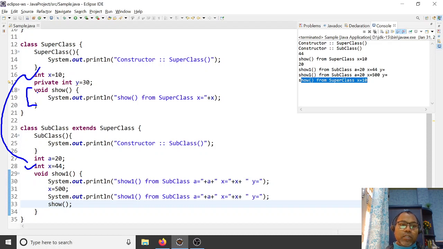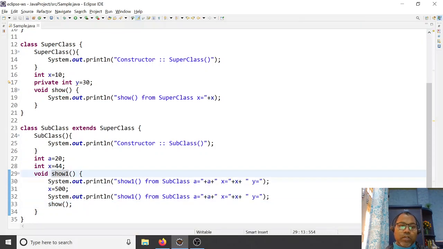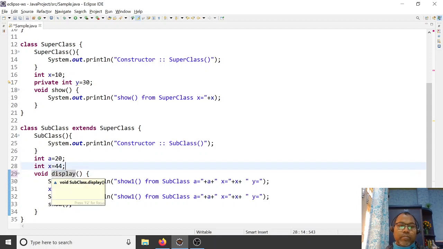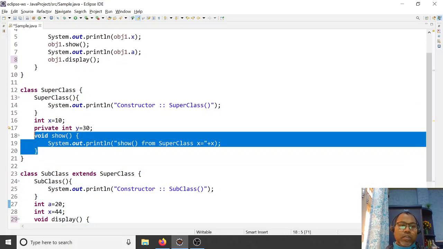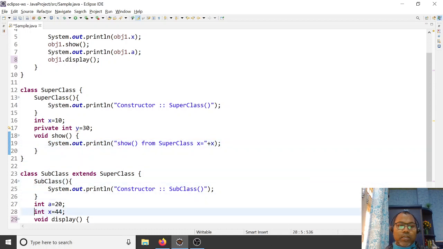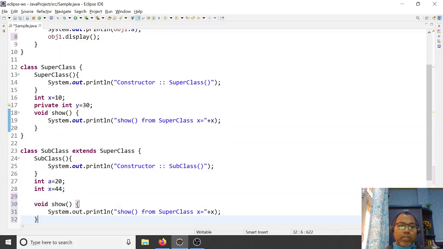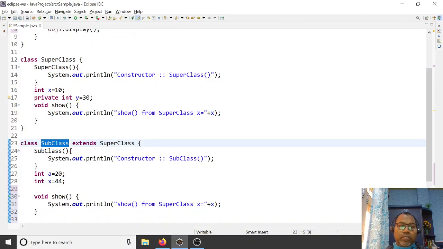Similarly, for the same signature, let's say I changed it to display. And you can define the same signature as in the superclass inside your subclass as well. So this is known as overriding.